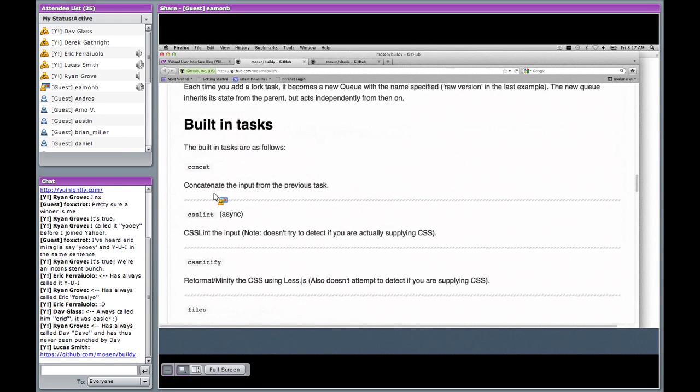If you check it out, there's a custom task example, and you can either load a directory full of tasks, or you can add them one file at a time if you just want to pull in specific tasks. And so when you add your YUI compressor task, either works fine, we know what you're talking about, that will become available as a task, and you just name it as you would any other task, and it'll pass through YUI compressor.